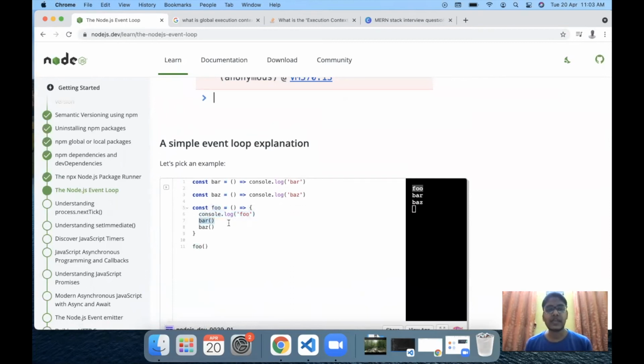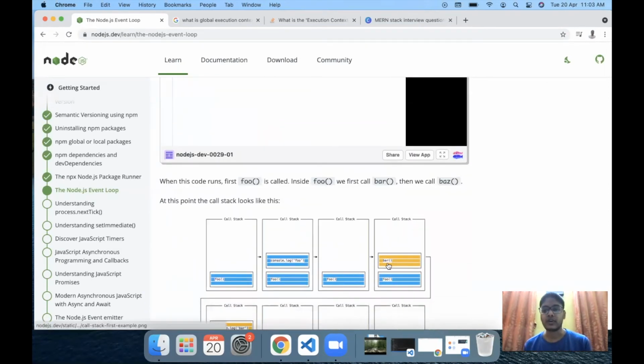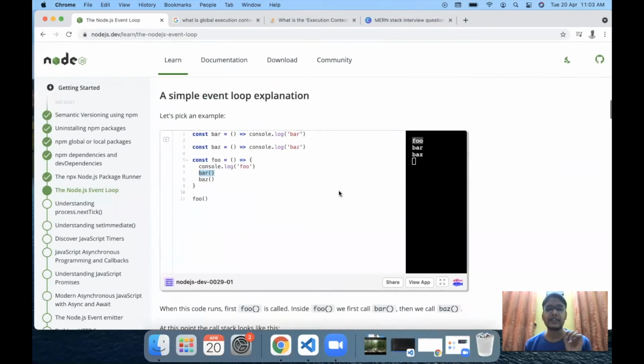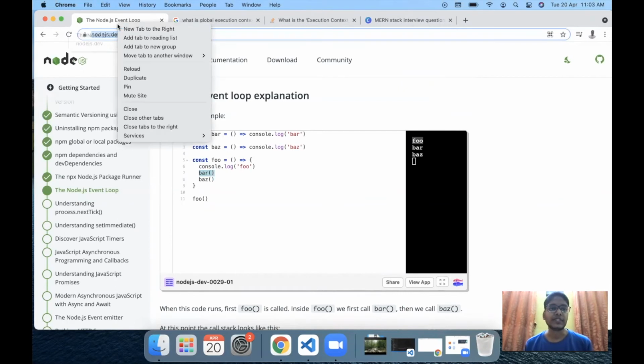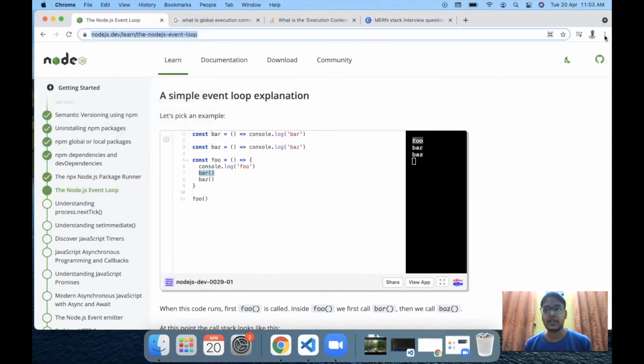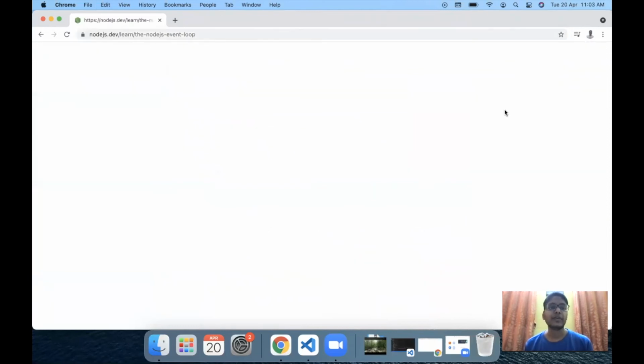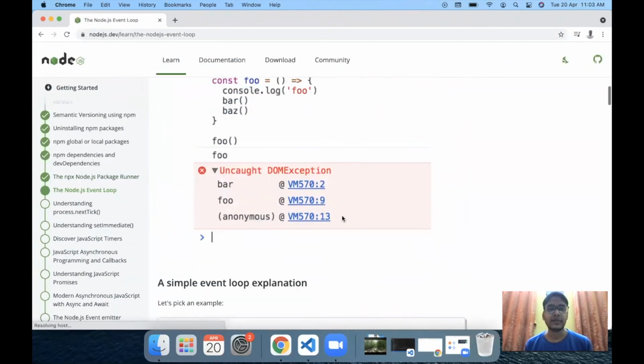Now, as we can see, we have a function call again, and as I just mentioned, whenever there is a function call, it is added at the top of the call stack. So this bar function call is added at the top of the call stack here. And I think we can understand this better if I open this in a new window. So let me open this in a new window and switch it side by side, because that way we'll be able to understand these things a little bit better.